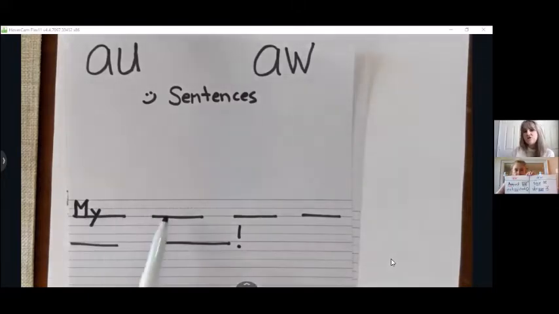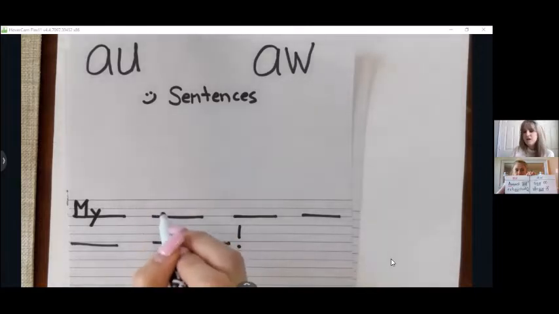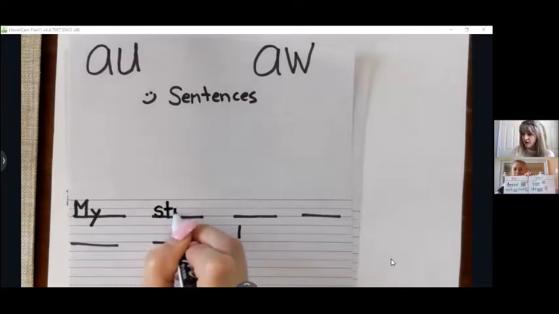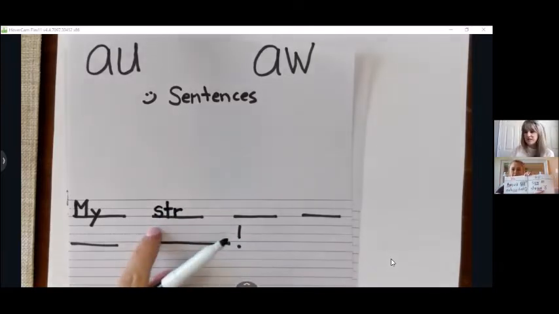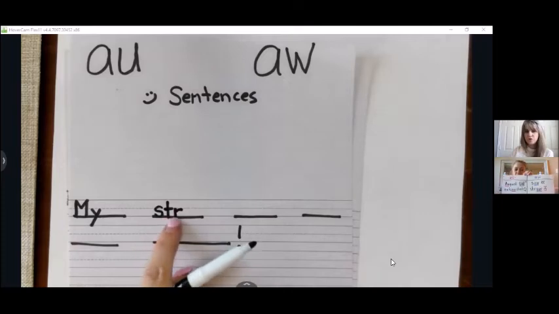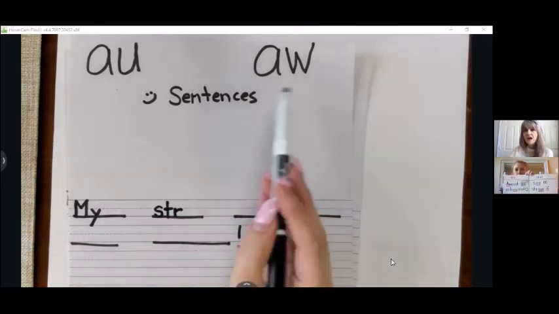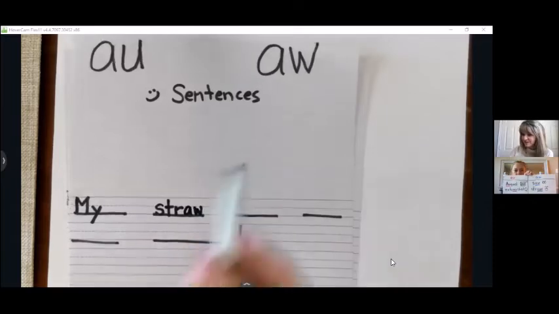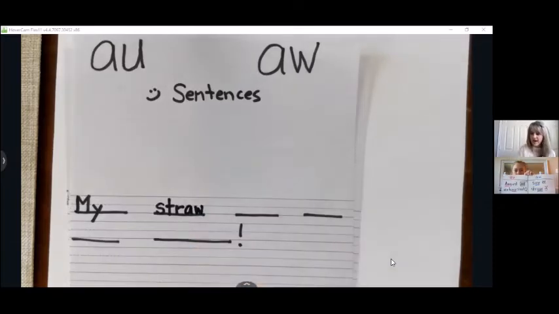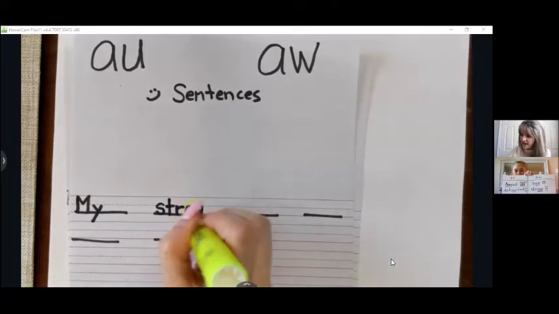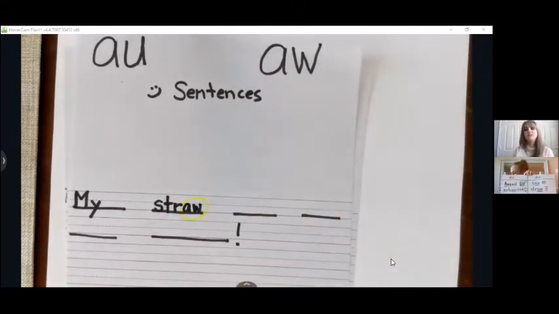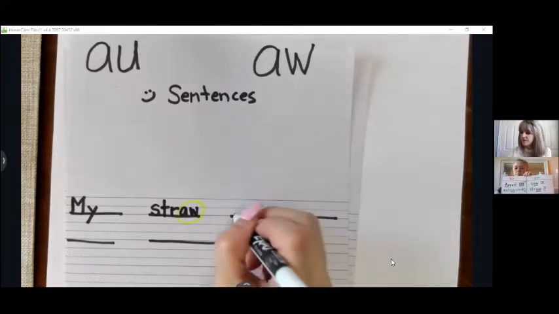So my straw, I can look back at my list. Straw has that ST blend. It's got 3 tricksters right there. S-T-R, str. And then it has the aw, the A-W. And if you want to, you guys, you can go ahead and highlight that or circle that A-W so you'll remember that we're working on that sound, that vowel team. My straw,